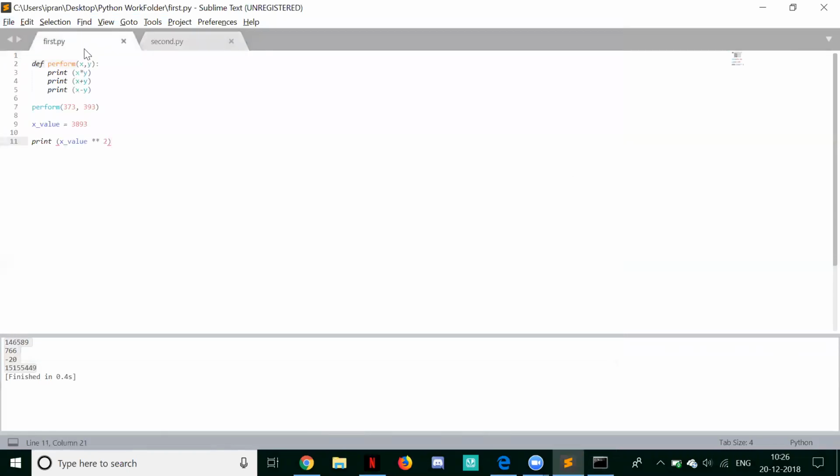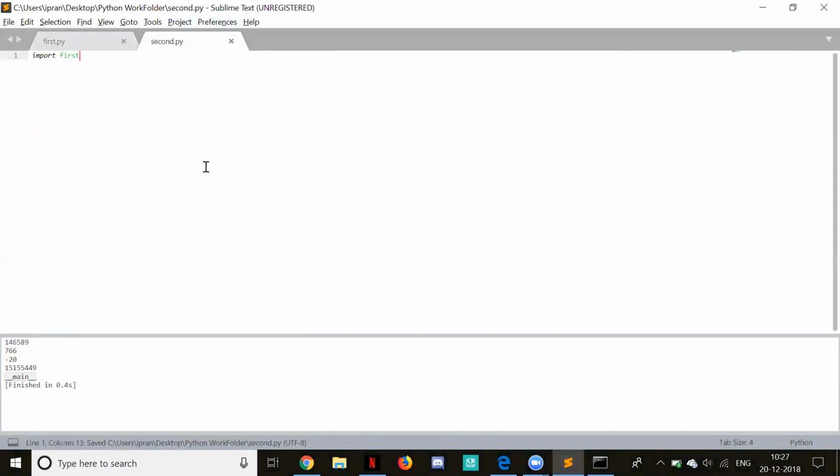Now, from the first.py, I'm not going to the second.py right now. If I type here print of double underscore name double underscore, we know that it's going to print main. So it's main, right? I'm not doing any other operation, I'm not writing anything else. We already saw that. I've just written this statement, and we got main, right? Now from that second.py,